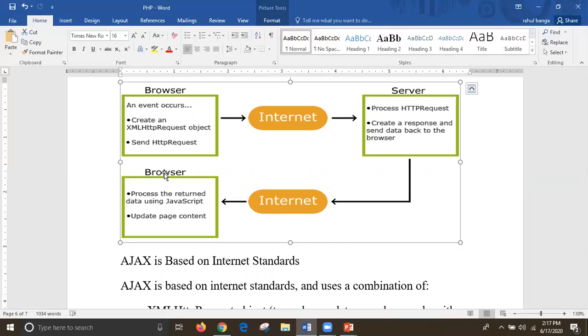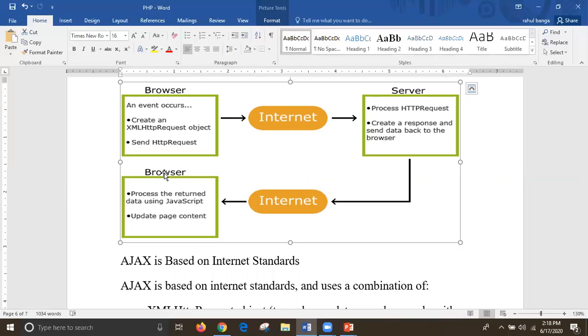That is done with the HTTP request method, which is activated when the object is created. So we have to create the XML HTTP request object, and that request object sends the HTTP request to the server over the internet.